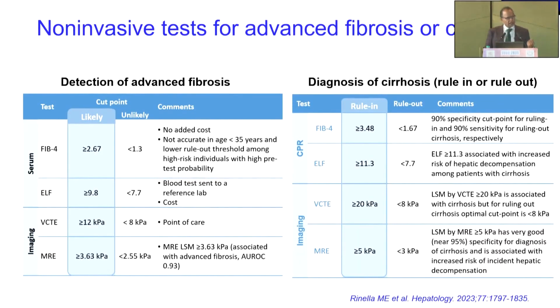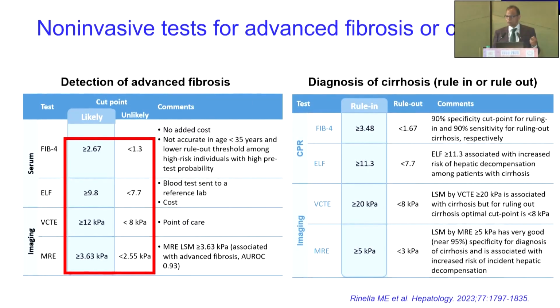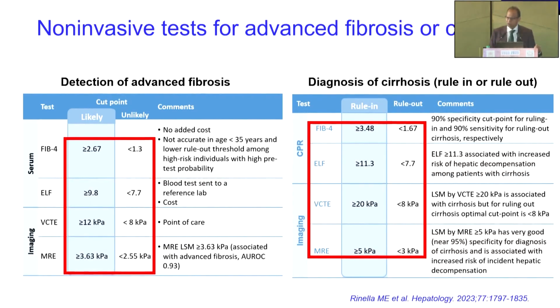And how do you do that once you identify high-risk alcohol use? We are aware of the serum markers, the FIB-4 and the Enhanced Liver Fibrosis score, and the radiological markers, which are FibroScan or VCTE and MR elastography. For F3 or higher fibrosis, there are score cutoffs: the lower cutoffs where you can rule out F3 or below, and a higher cutoff where you can make a diagnosis of F3 or higher. Similarly, the cutoffs are available for cirrhosis. For sake of time, I will not go into those details here, but the numbers are written over here and the references down there for your own reading.